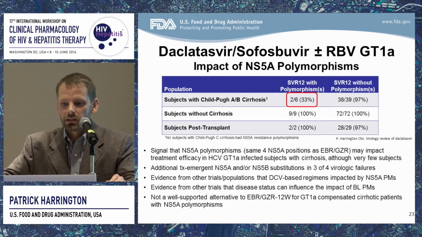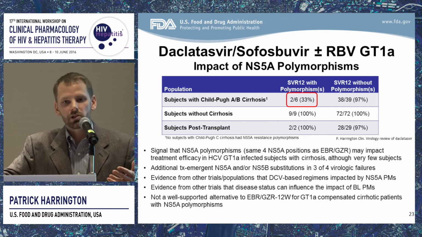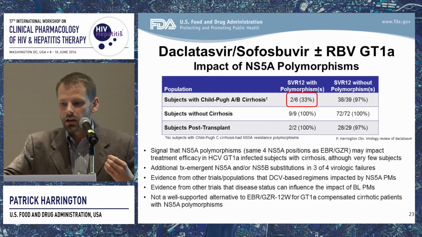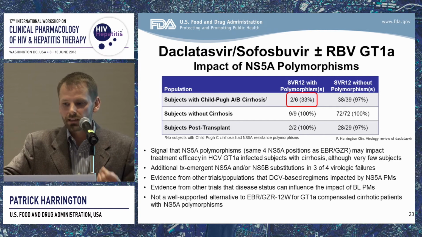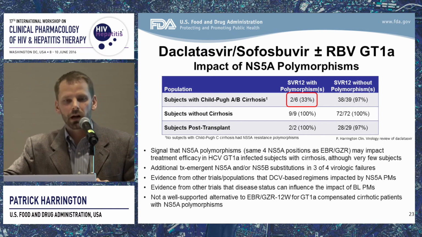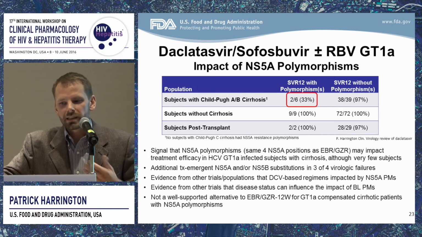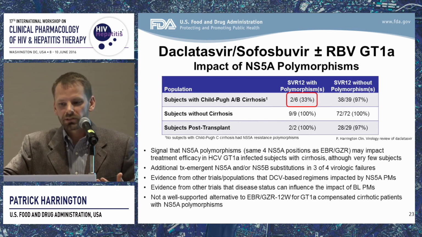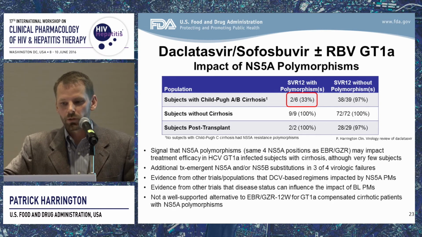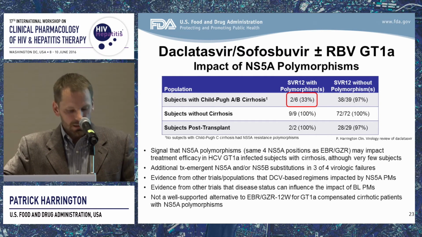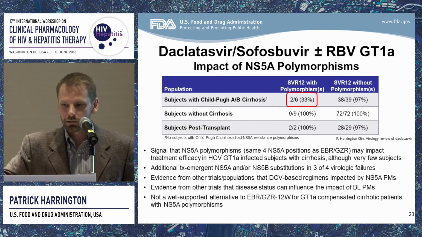And then I also mentioned evidence from the Optimus trials of Cimeprevir that disease status or cirrhosis status can also influence the impact of baseline polymorphisms. So we were reasonably confident that this was a real signal, and for all practical purposes, these data indicate that this is not a well-supported alternative regimen to the Merck 12-week regimen for genotype 1A cirrhotic patients with NS5A polymorphisms. So again, we had to make a challenging regulatory decision here, and ultimately, this is what the